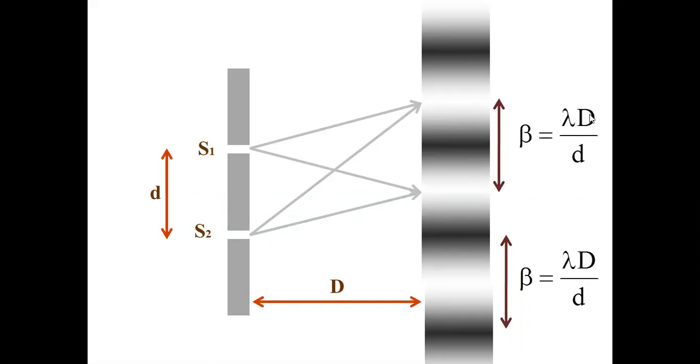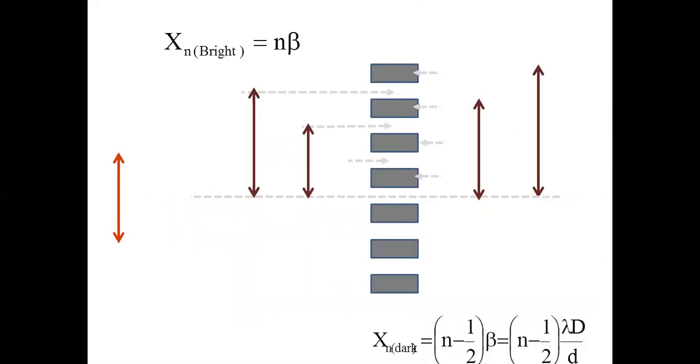And it also depends on the capital D, that is the distance between the screen and the sources, and small d, the distance between the sources. If you want to increase the fringe width beta, then use a larger wavelength, a larger distance between the sources and screen, and a lesser distance between the sources. So decrease the distance between the sources, then beta will increase. Because if you have well separated fringes, then you can see them clearly. Otherwise, they will get overlapped. If the fringes are very, very close, you can't see them separately. Okay, moving on to the next one.